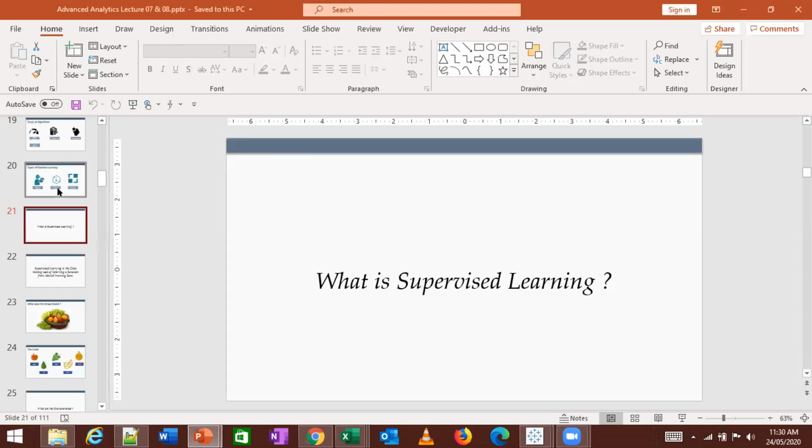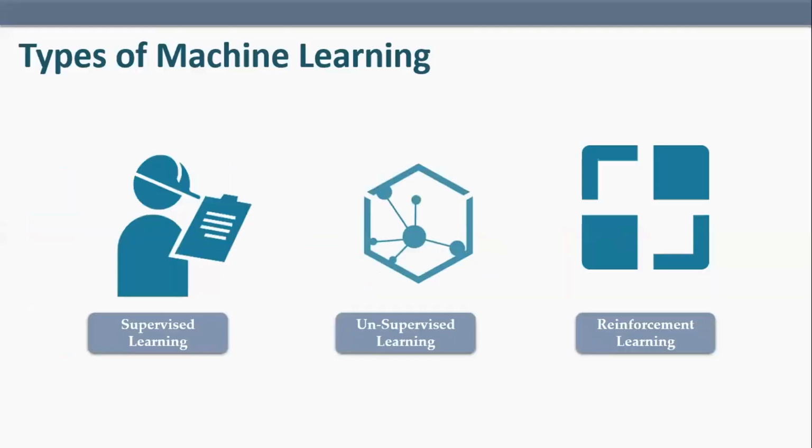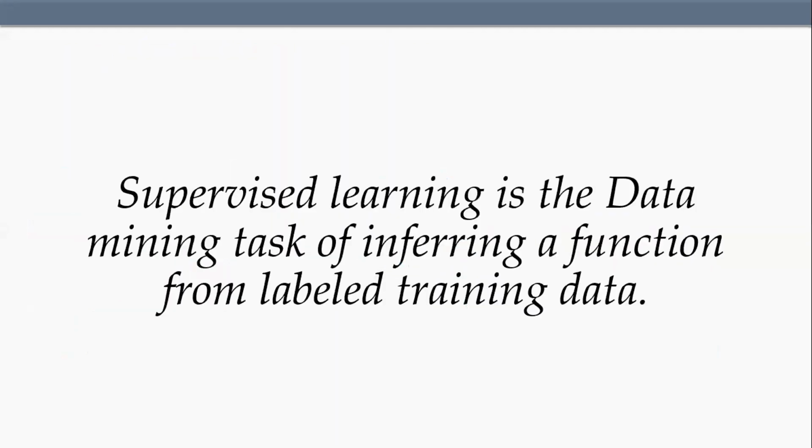I'm not sure if you've heard of supervised learning, unsupervised learning, different types of machine learning, right? You have three different types of machine learning. You have supervised learning, you have unsupervised learning, and then you have reinforcement learning. So when I'm looking at supervised learning, what you have is,